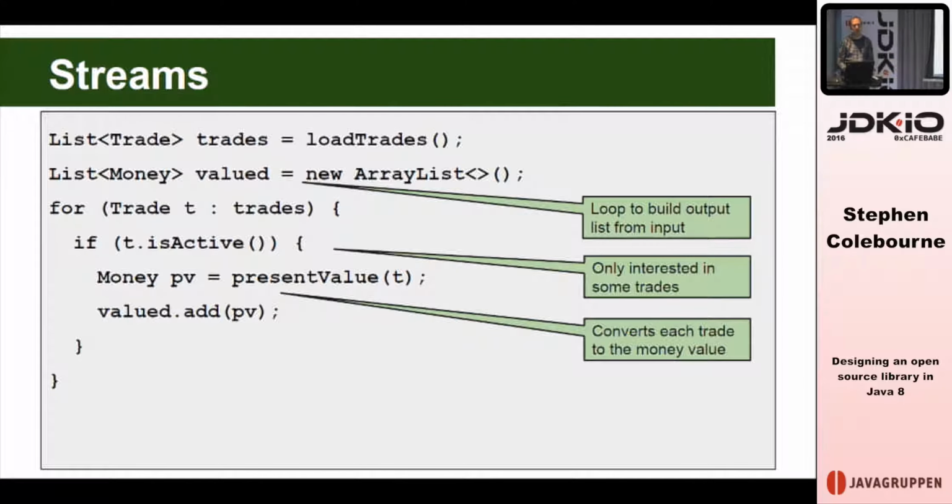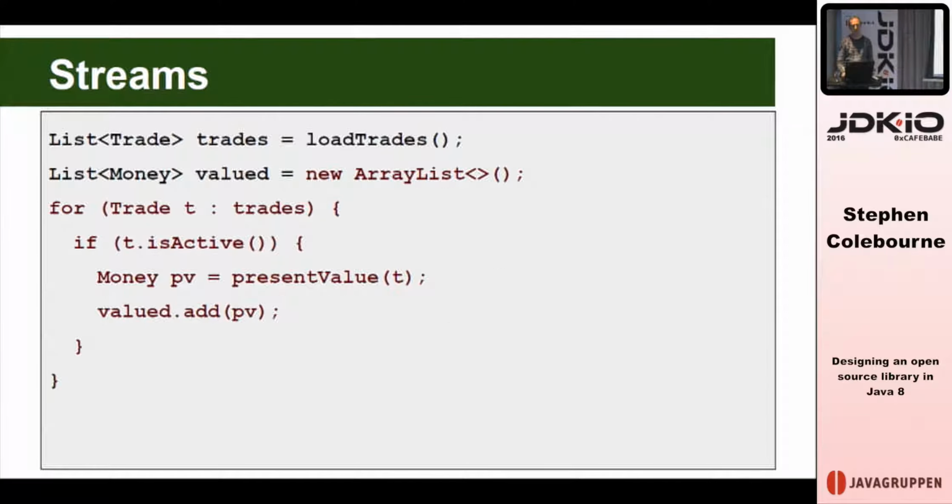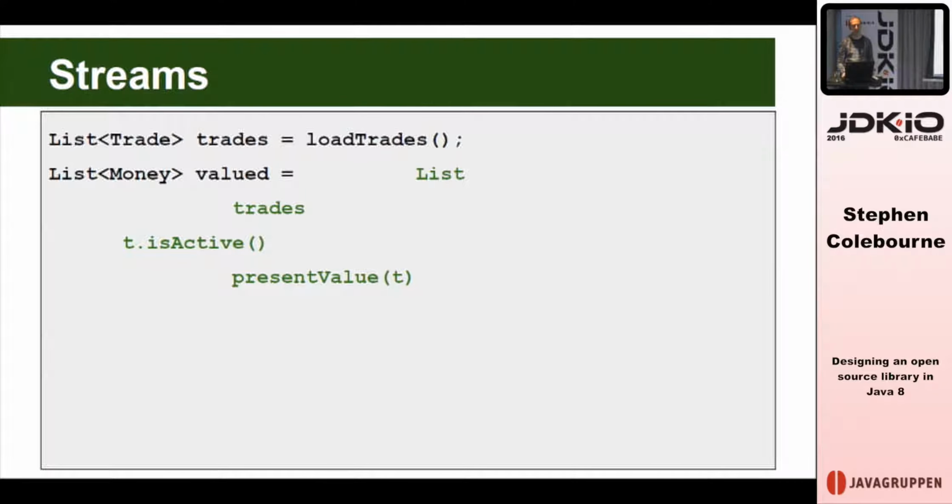So here's a typical piece of code that you've probably written many, many times in Java 7, where we're looping around a list. We use an if statement to check something, and then we act on the things that we've checked for. And that's a pattern. It's something you write again and again, and streams offers the potential to abstract that out. So within that code, those are the only interesting bits. The rest of it is effectively a kind of noise. So let's take those interesting bits out,